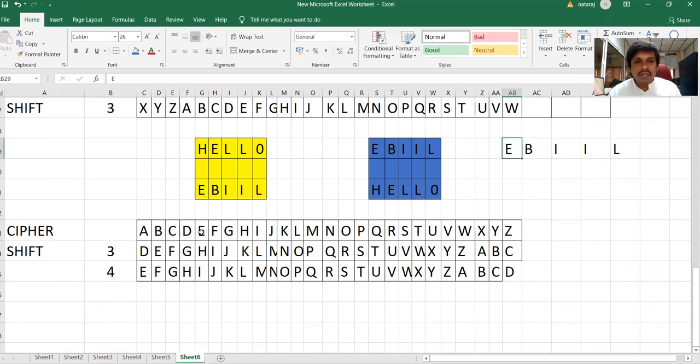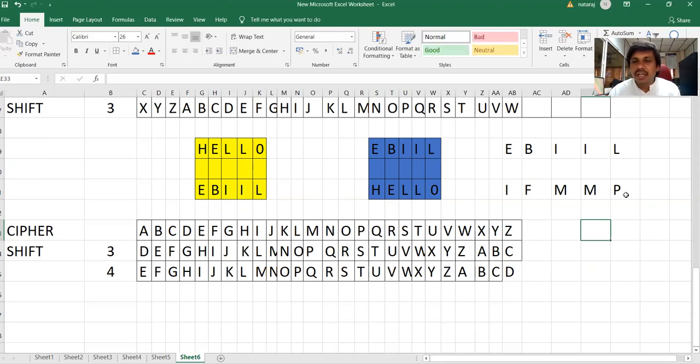So E means I, B is F, I means M, L means P. Does it have any meaning? No. It can be read, but you cannot understand what it is.